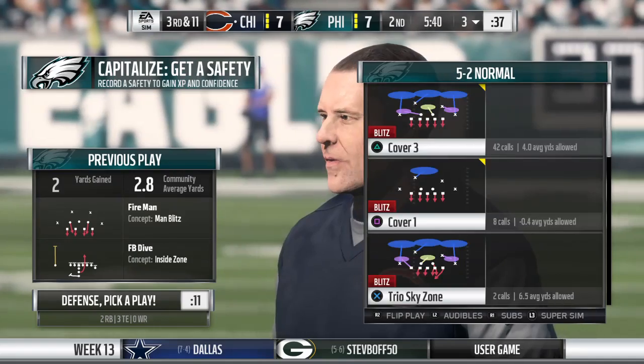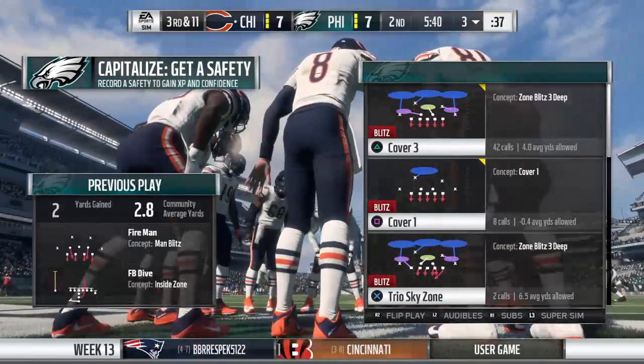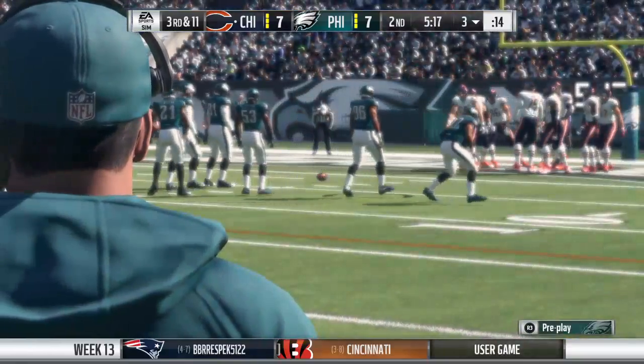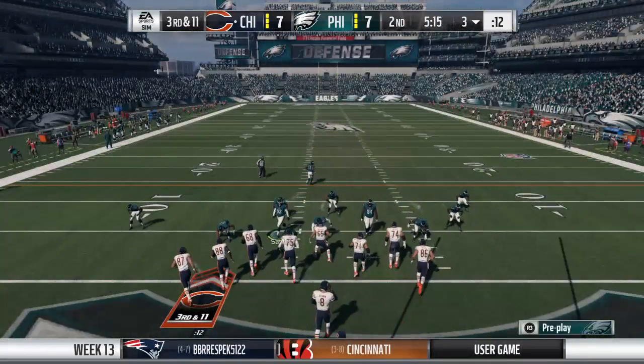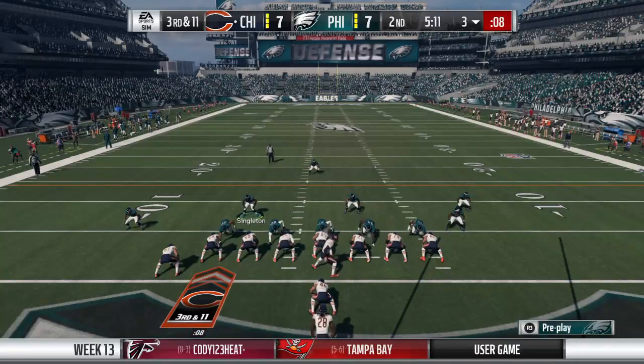Well, if the coaching staff's doing a good job upstairs, they'll file away what they just saw from the defense right there. They sold out to stop that running play. I'd say keep that in mind. They want to try that again. Go play action and hit them over the top. Here we go. Look